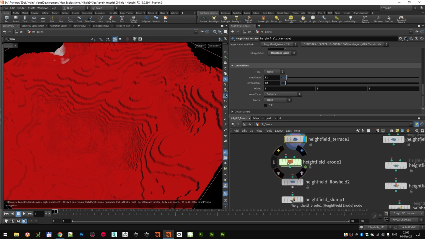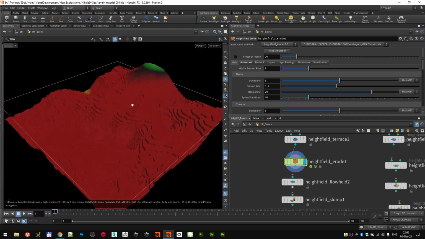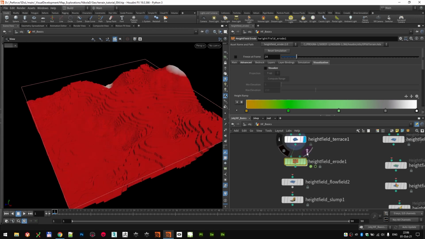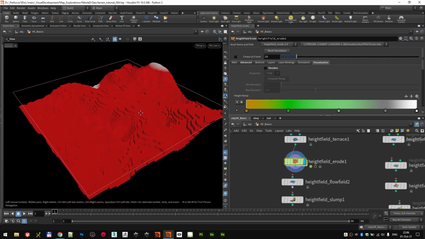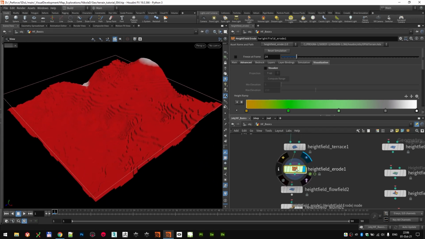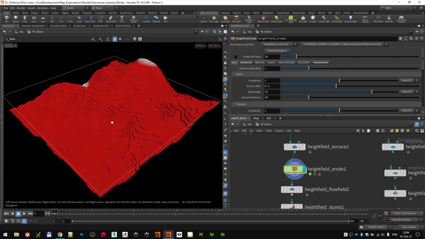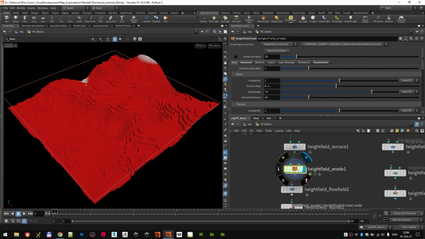This node is basically a simulation node. If you select it, by default you'll see it automatically turns on some visualization. So we just disable that and go back to the node so we have the old colors. What's specific about this node is it actually simulates erosion over time. And it has thermal erosion, wind erosion, rain erosion, all kinds of erosion which are happening at the same time. And since this is a simulation, a dynamic node,